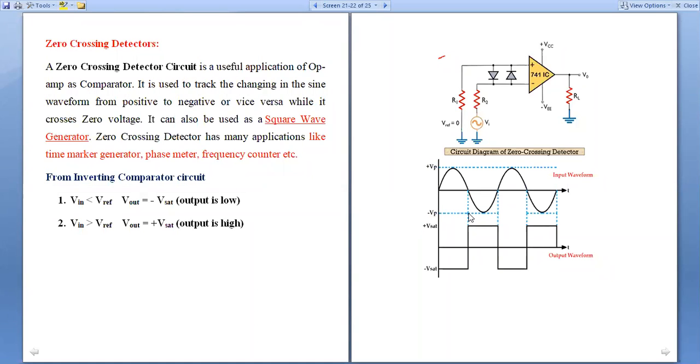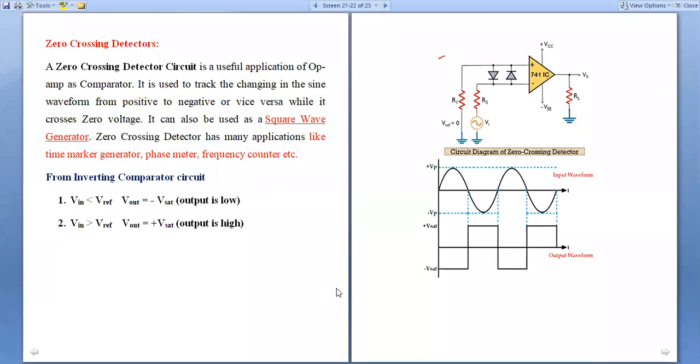Whenever the input voltage crosses the zeroth magnitude of the sinusoidal waveform, the zero crossing detector will produce a particular output alternating voltage. That means the zero crossing detector produces alternating voltages of positive peaks and then negative peaks at the time of the sinusoidal voltage crossing its zeroth instant.